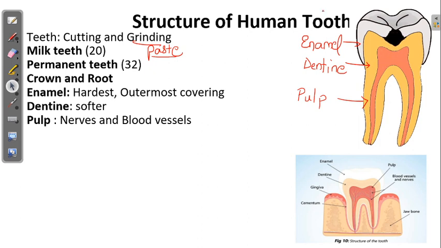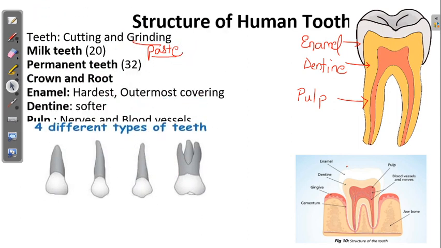So what you have in your tooth structure, one individual tooth will have enamel, which is the white color part. Then inside this you have a softer part, which is dentine, and the third part you have is pulp, which consists of blood vessels and nerves. Okay, and this is the gums or your jawbone in which you have the teeth inserted. Okay, so this is about the structure of teeth.